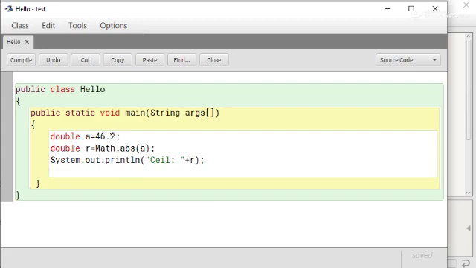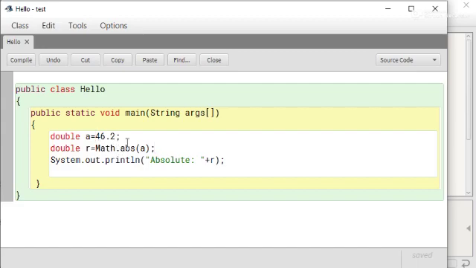Now a equals 46.2, r equals math.abs(a). Now the absolute value is r. It will show 46.2 because its function is to remove the negative sign.